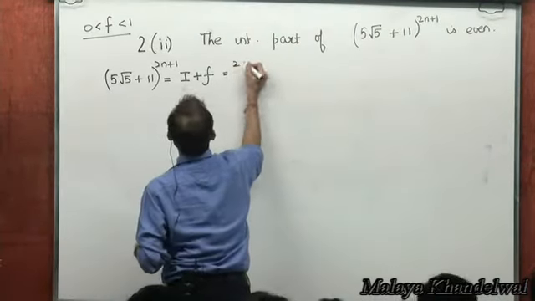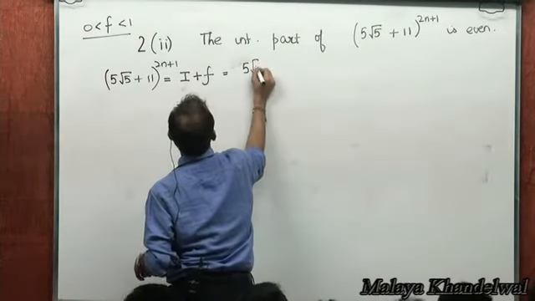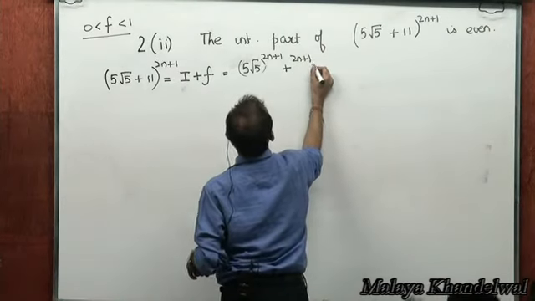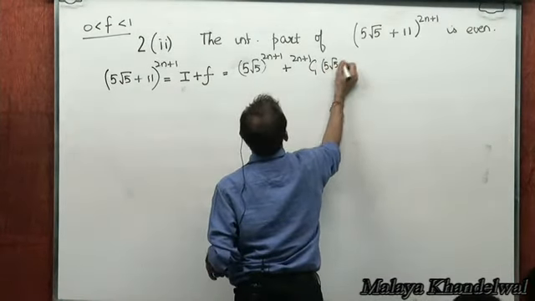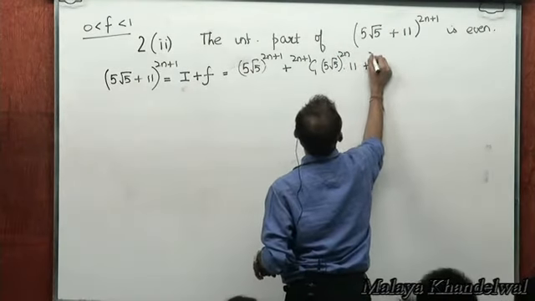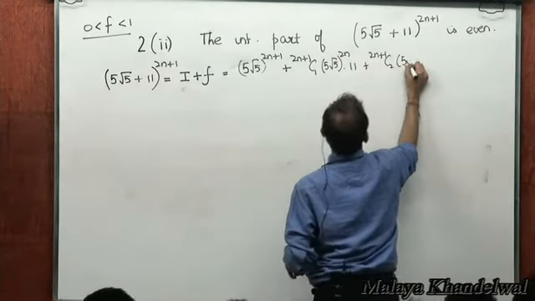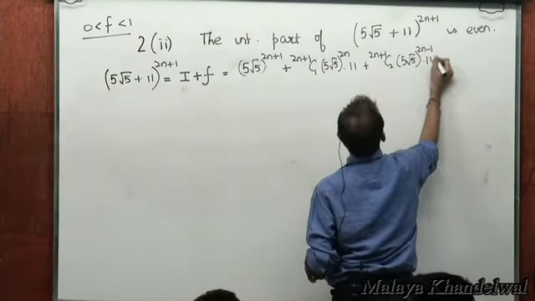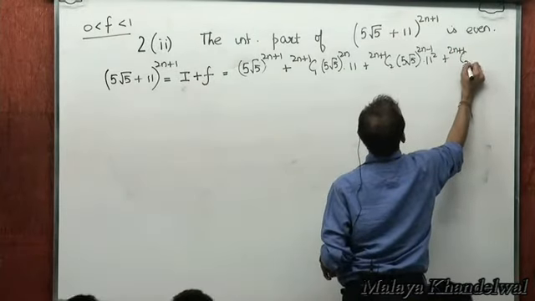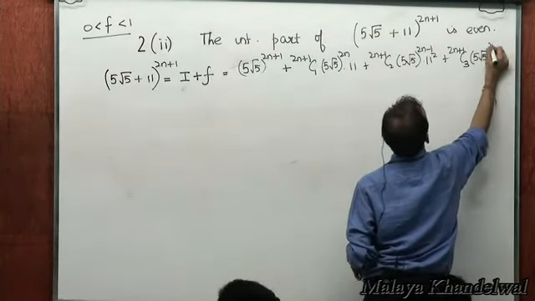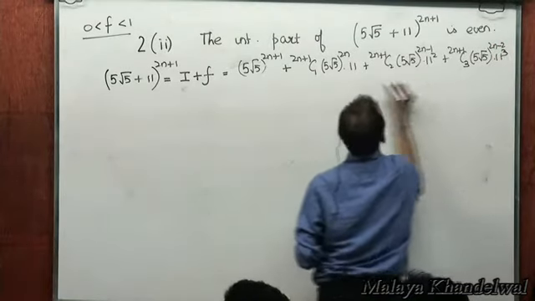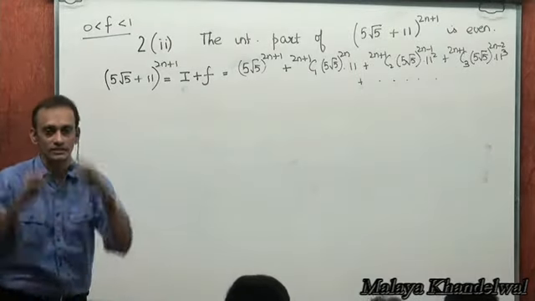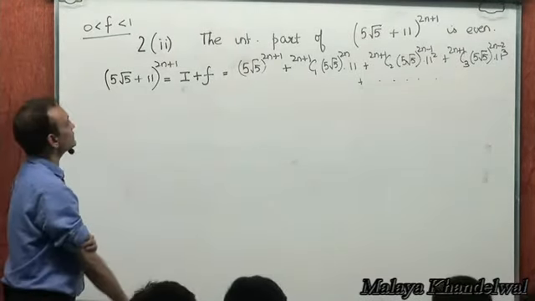So that's like 5 root 5 whole to power 2n plus 1 plus 2n plus 1 C1, 5 root 5 whole to power 2n, 11, plus 2n plus 1 C2, 5 root 5, 11 squared, plus 2n plus 1 C3, 5 root 5 whole to power 2n minus 2, 11 cubed, up to 2n plus 2 terms in the expansion of this, right? Now,